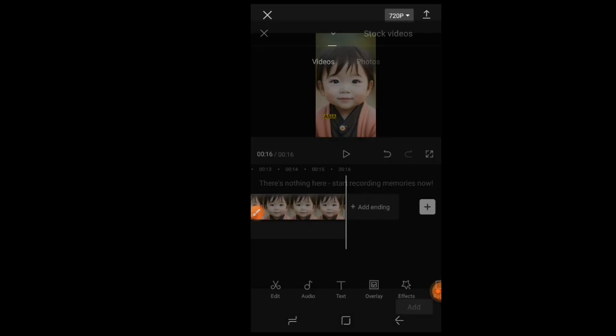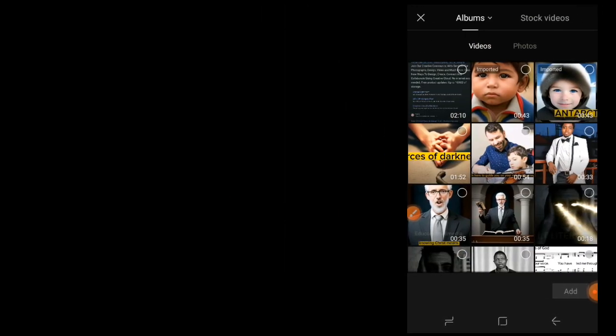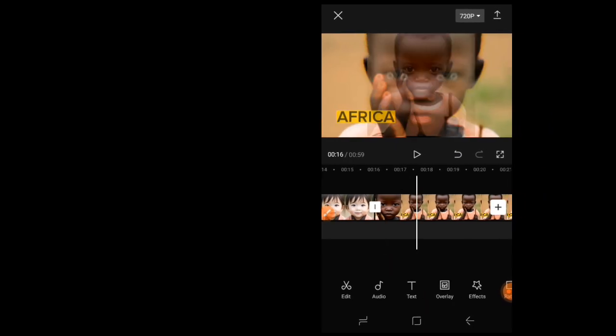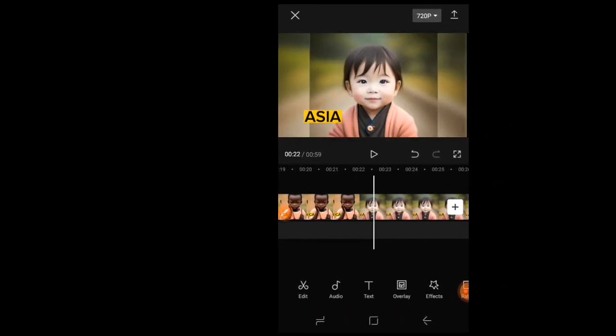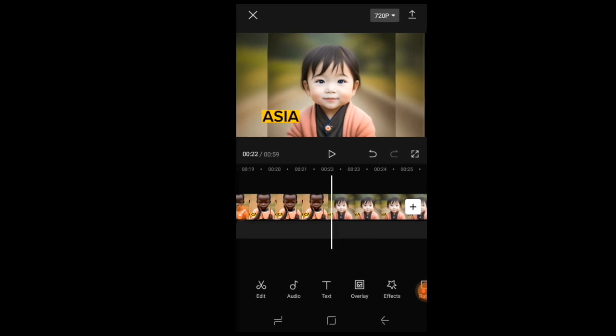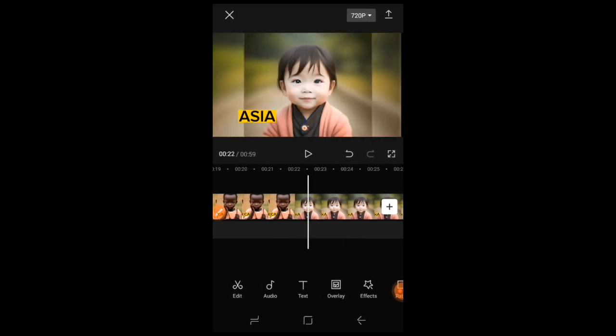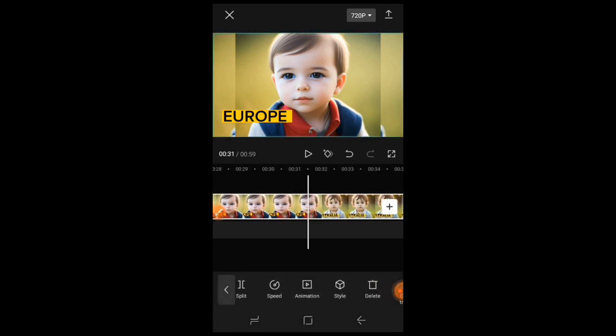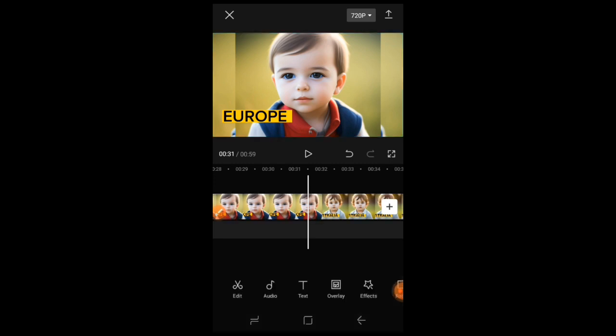So let's get started. I open CapCut and I'm going to import the horizontal video, and here it is. You could see it here. And the next thing I am gonna do is convert it into a vertical. So I click on the video, especially the timeline, and then I click on the back and then I